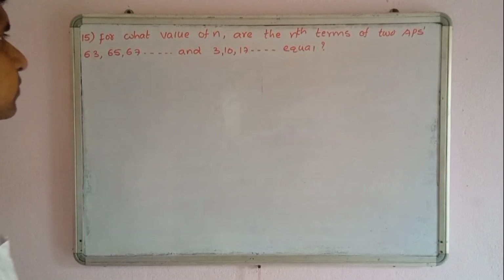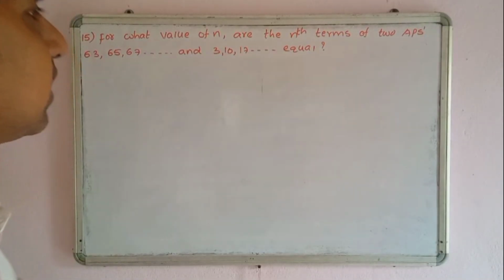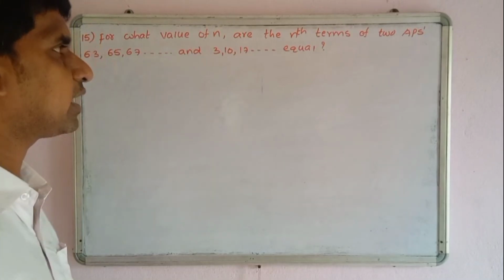Problem 15. For what value of n are the nth terms of two APs 63, 65, 67 and 3, 10,